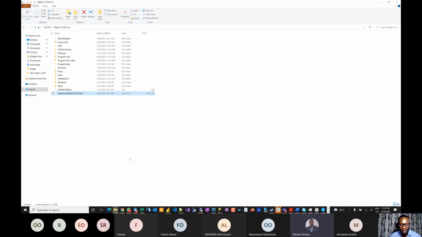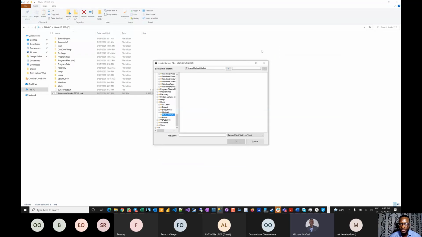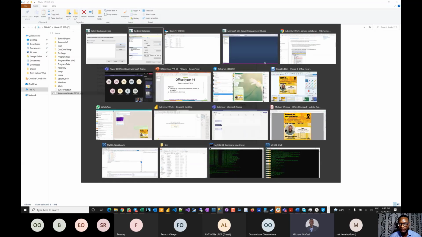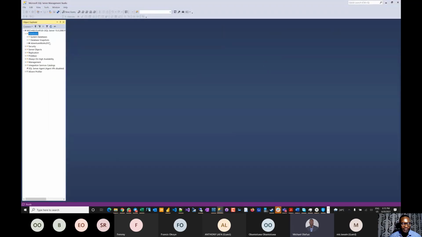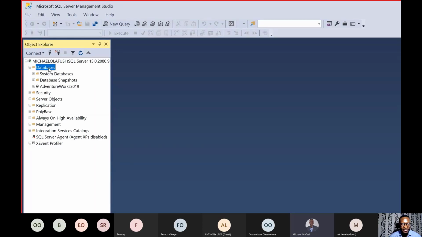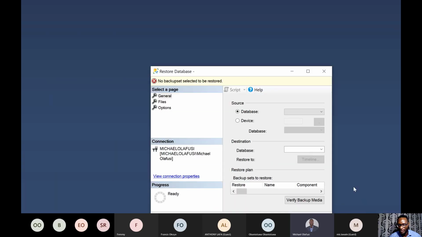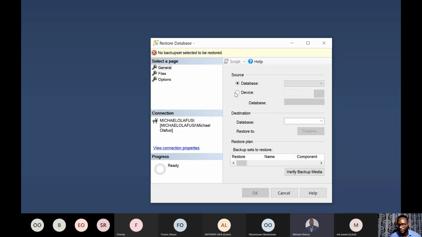So paste on the C drive. Makes your life easy. Then when you come back here, let me close all of this. Go back here to the SQL Server Management Studio. When you are here, just right click on Databases, say Restore Database, click on Device,